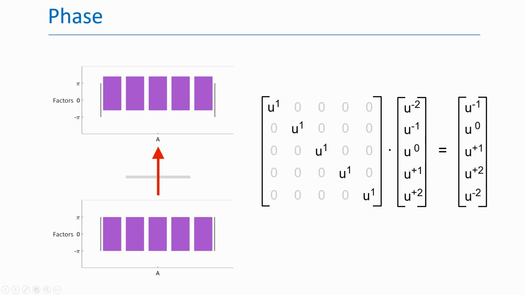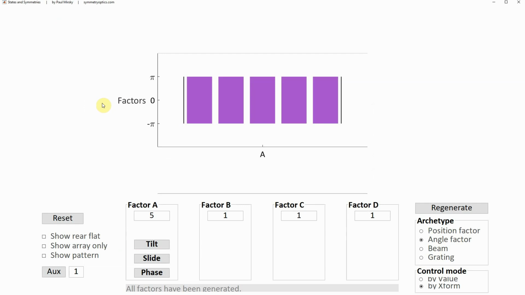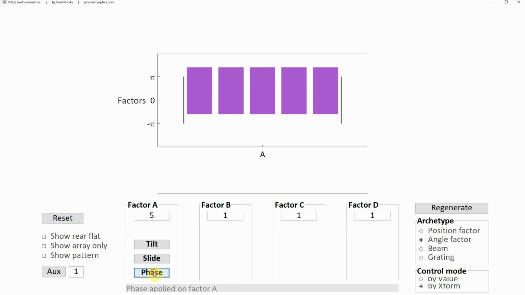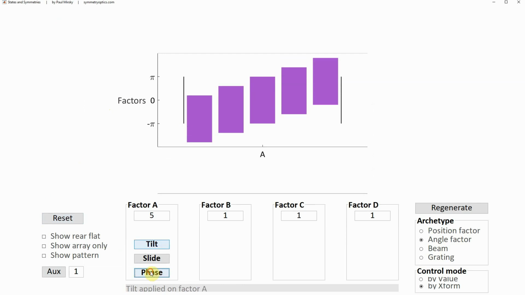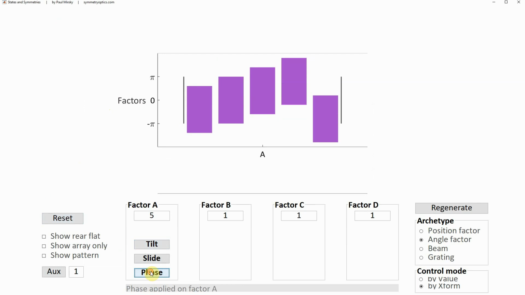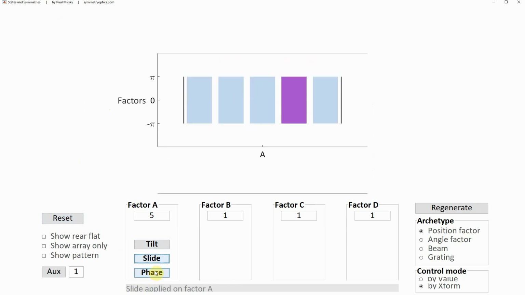This type of state vector was not discussed in the previous lecture, but it is another form of the -1 angle vector, not a different angle. The States and Symmetries app shows the effect visually and intuitively. Each application of the phase matrix causes the boxes to move vertically by 1/5 of a cycle for a size 5 factor, and after 5 applications, it's back where it began. It's the same for any of the angle states. It's also the same for any of the position states.